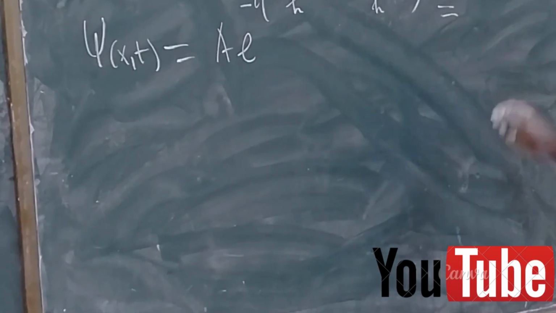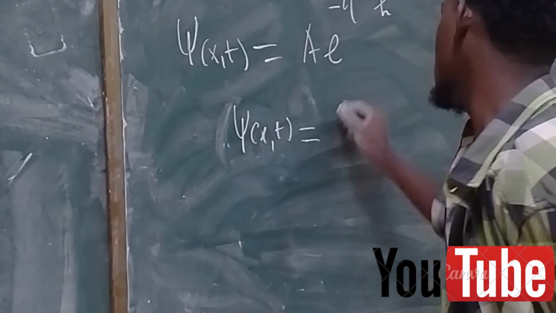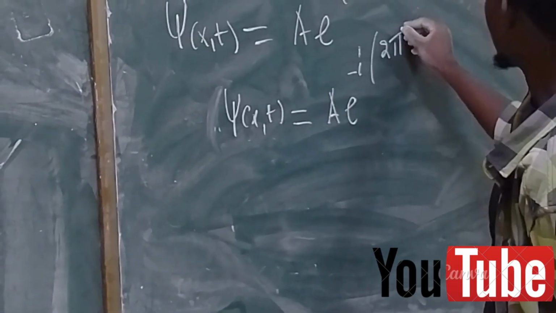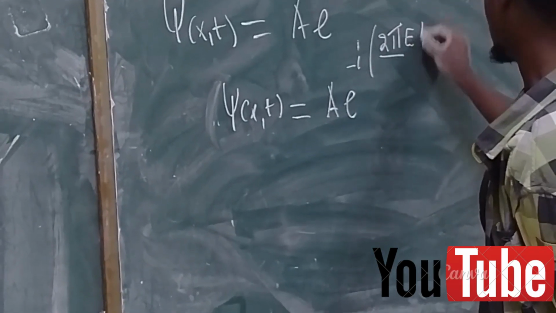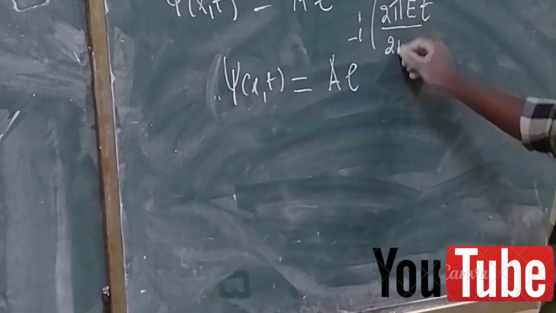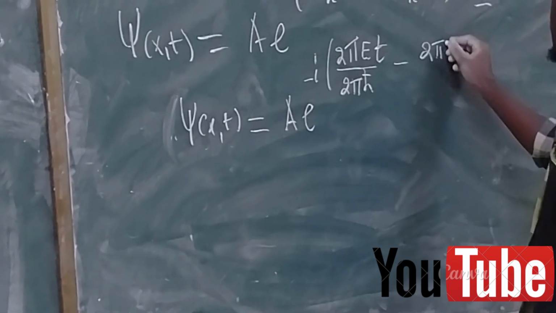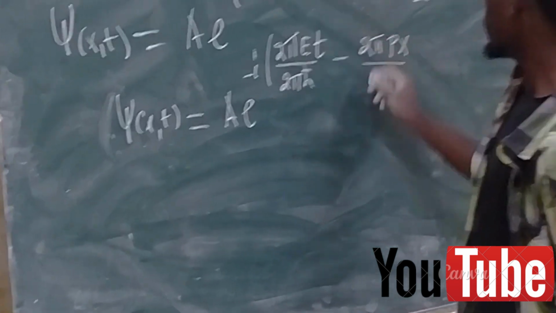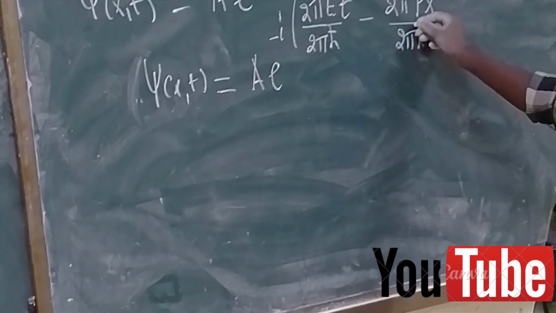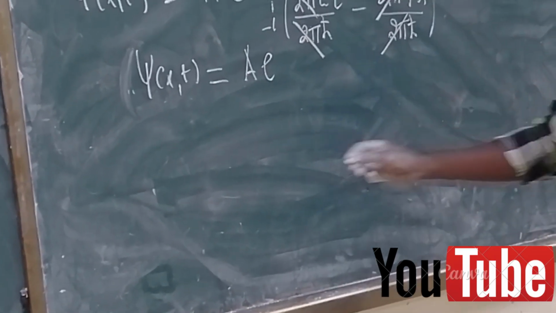It will be equal to A e to the minus i, then 2 pi E times t over 2 pi h-bar, minus 2 pi p x over 2 pi h-bar. I mean, h is equal to 2 pi times h-bar. So the 2 pi in this one and this one cancel out, and then psi